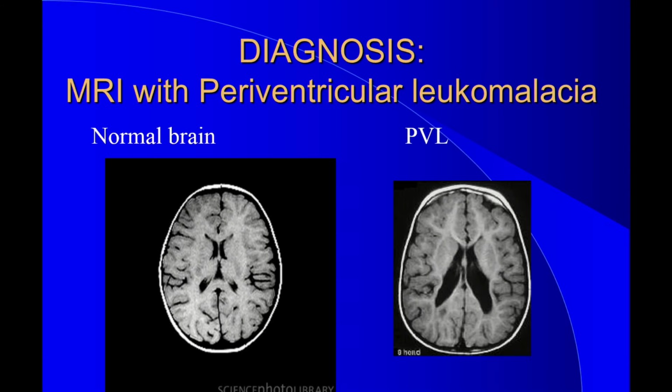This is a picture of periventricular leukomalacia. Here's a normal brain, and when the white matter thins, first you see a large increase in this blackened area. That blacker area is the cerebrospinal fluid. On your left, you see the brain, which has smaller black areas. You see the black areas surround the brain, and then they're in these deep channels, the ventricles. When the white matter thins, something has to take up that space. So the ventricles become larger, and they change shape. We see this kind of scalloped shape.